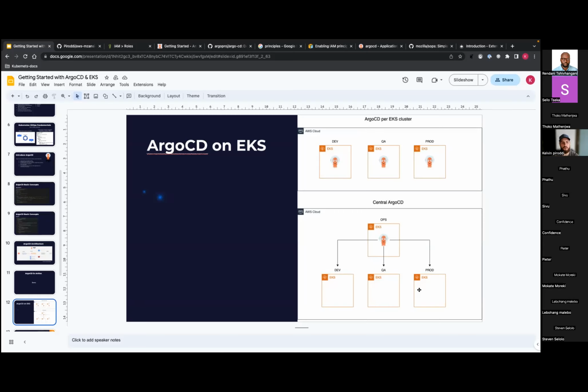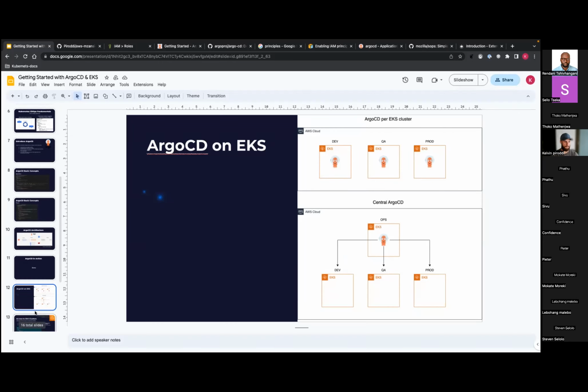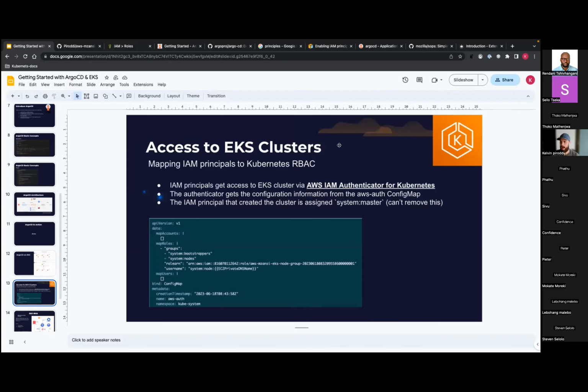But now in the AWS world, how do we allow one cluster to connect to the other cluster with credentials? ArgoCD needs access to dev, QA, and prod. So how does access to EKS clusters work? How do we map IAM principals to Kubernetes RBAC? In Kubernetes, you control permissions through RBAC, cluster roles, service accounts, role bindings, those things.